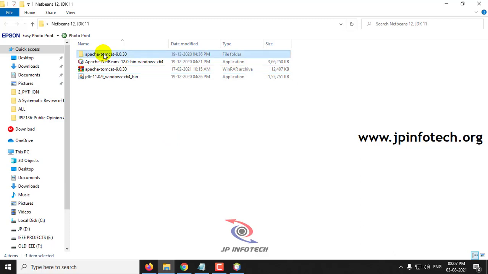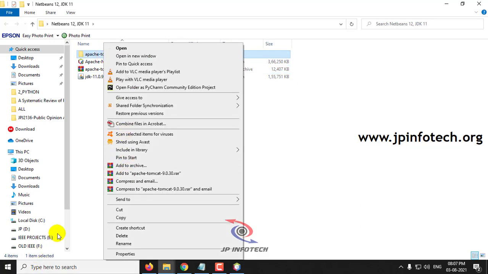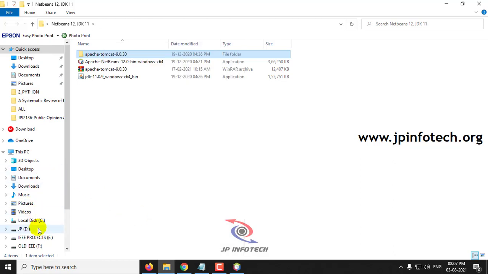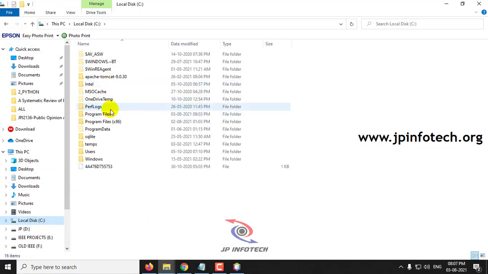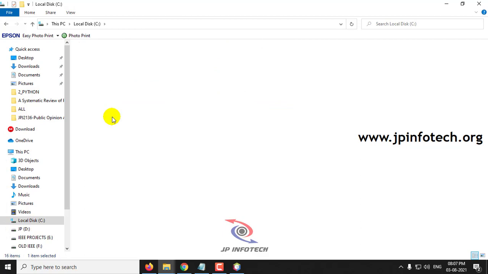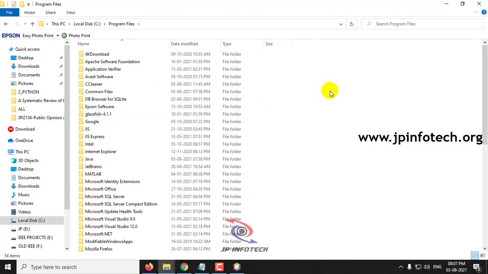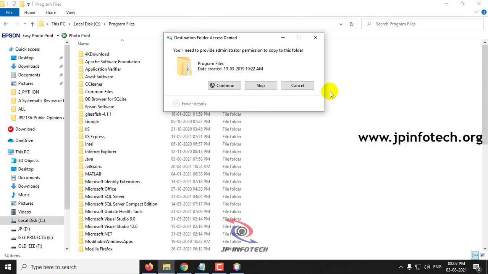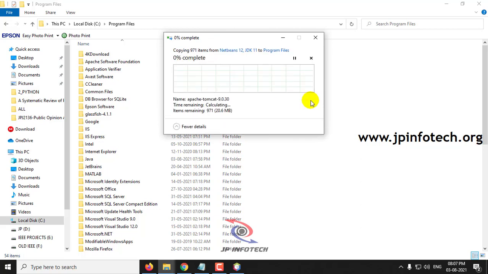And now you can see Apache Tomcat 9.0.30. Just copy it and paste it in the C program files, and click continue.